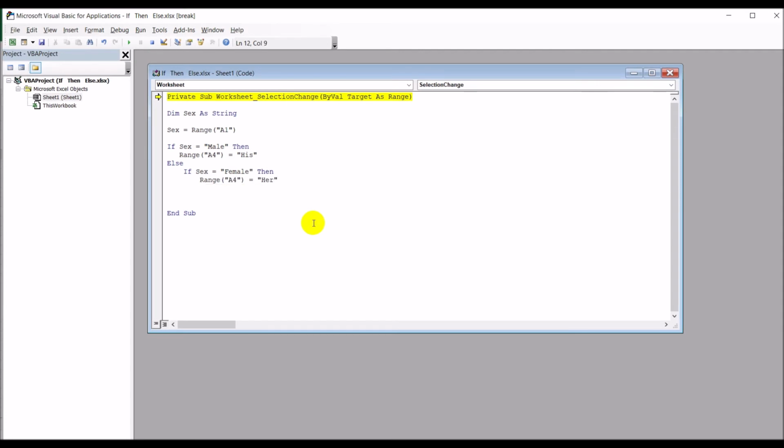Now, supposing what we have typed in cell A1 is neither male nor female. Okay, we have typed, like we showed in the example at the beginning, house. Now that's neither male nor female, so we do not want his or her showing up in A4. We want to blank out cell A4 if it's neither male nor female. Okay, so we'll use the else part of this statement,